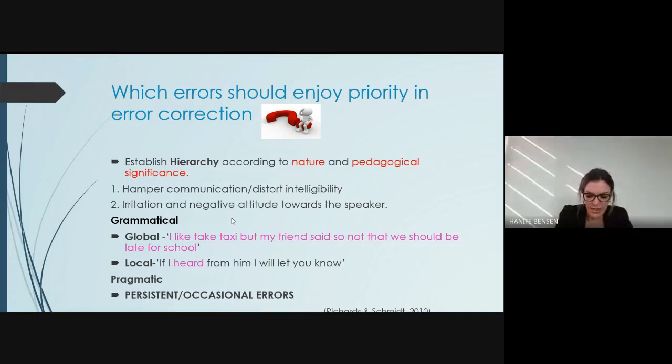Katayama's study indicated that they preferred their pragmatic errors to be corrected on all occasions, in contrast to linguistic errors such as grammatical, phonological, lexical errors. So pragmatic errors were seen to be the most important for the learners in this study. Finally, a distinction needs to be made between persistent versus occasional errors. Obviously, the former should be given priority in error correction, since if they are not